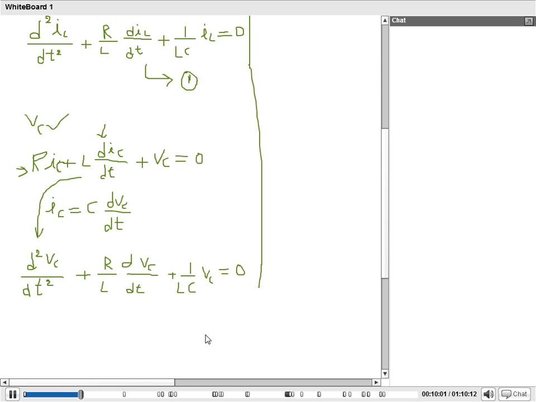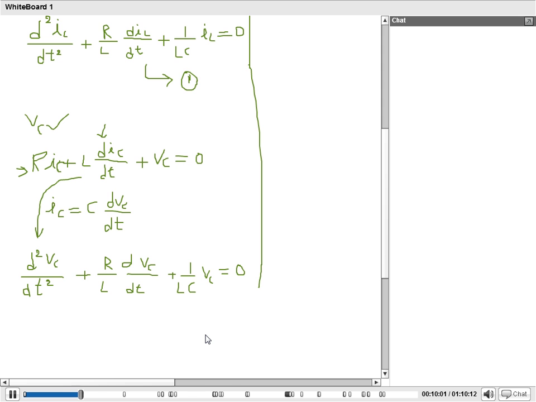Plus IL. VL is equal to L into di by dt, so from this IL is equal to 1 by L integral from minus infinity to t of Vc of tau d tau, where tau is the dummy variable. Plus,